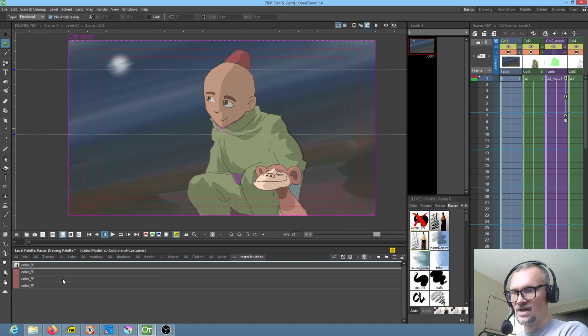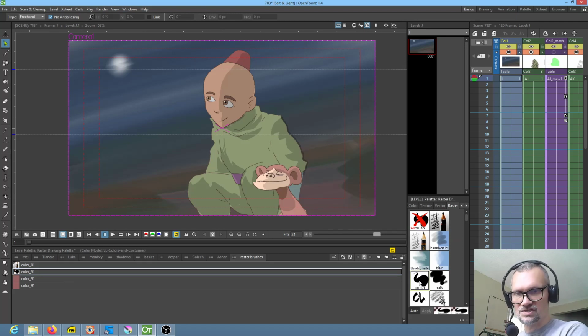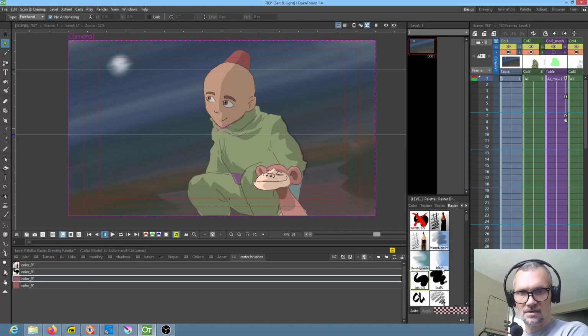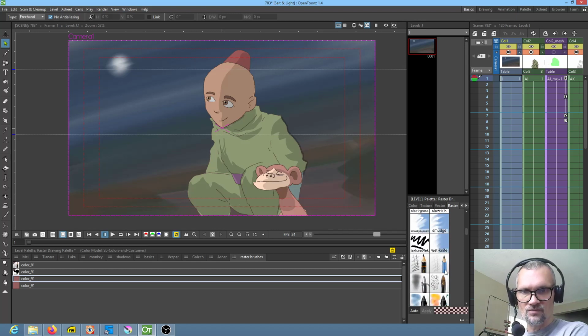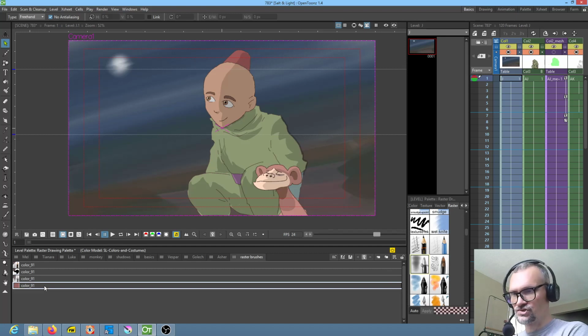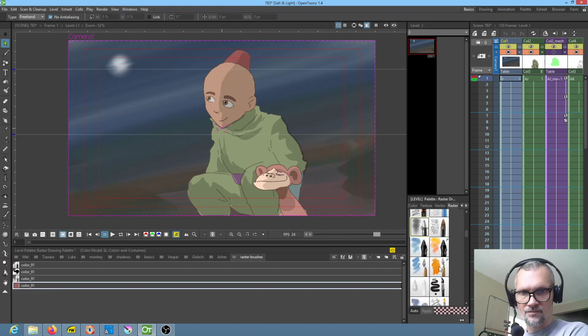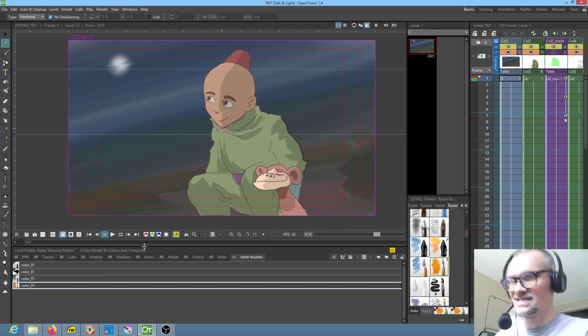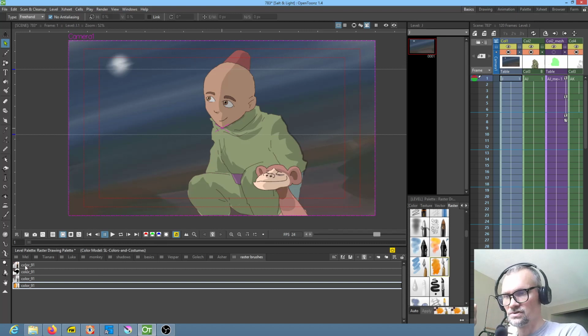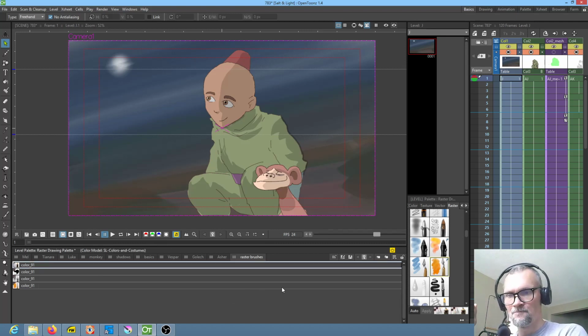And by the way, I'm going to actually have to stop working because I just realized this is not going to work. I'm going to have to reboot this machine because OpenToonz decided to destroy my pressure sensitivity somehow. It could be because of Krita. I've seen this happen before, where you jump into Krita, and then when you come back to OpenToonz, all of a sudden you've got no